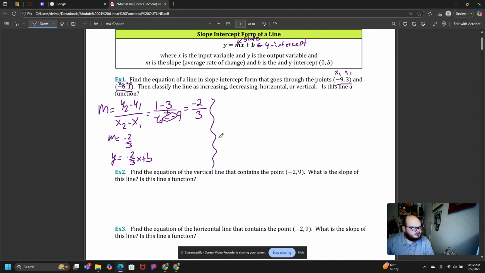So that takes us to part 2. Part 2 is going to be finding b. This is accomplished by plugging one of the points into your equation. It does not matter which one you use. I think we'll just use the point (-9, 3)